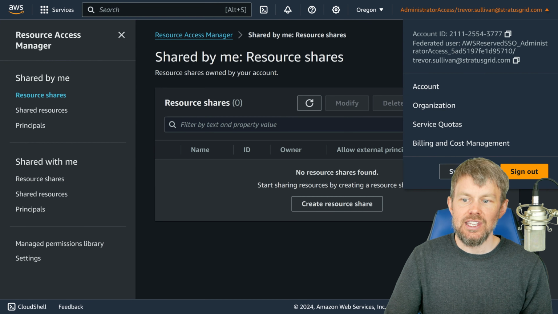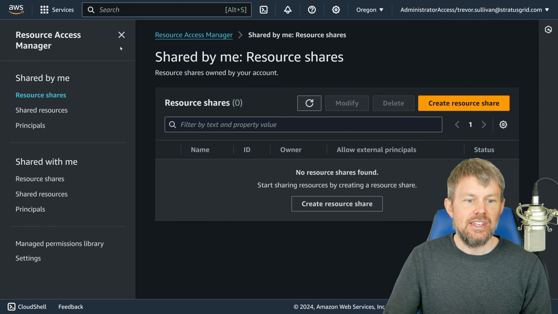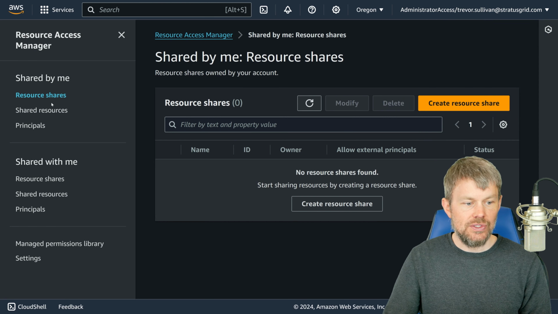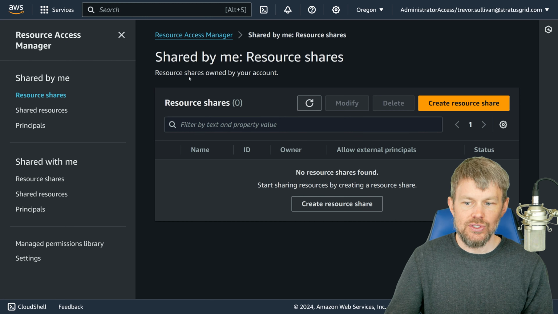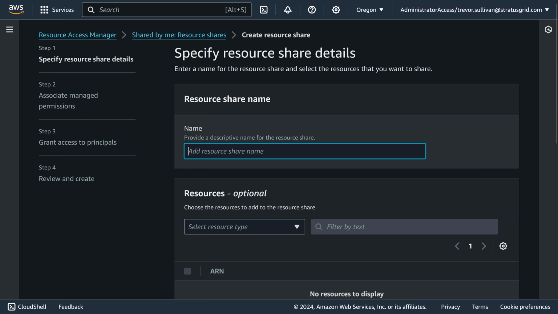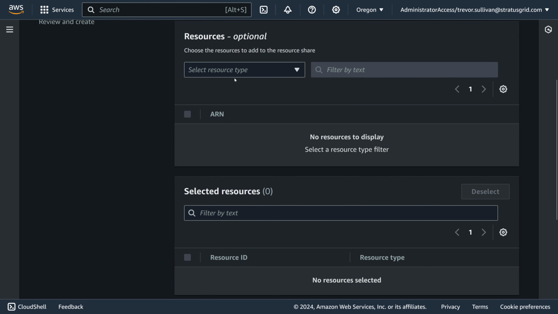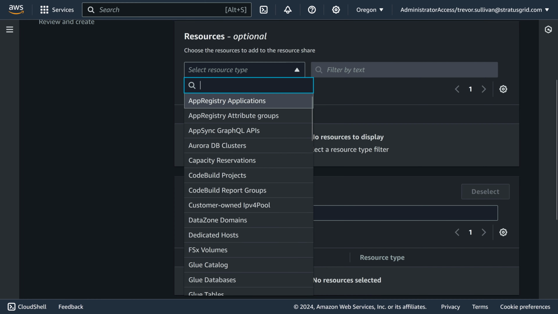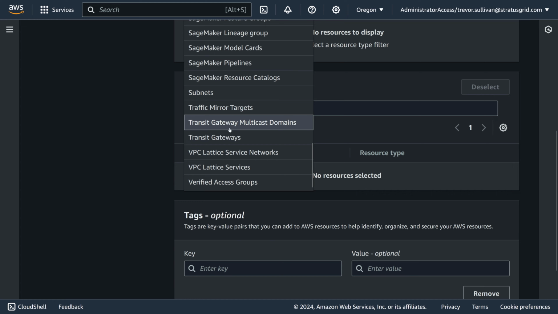Again, I'm in the parent account 2111. And now I want to create one of these resource shares in the AWS Resource Access Manager service. So I'll click on Create a Resource Share. And then for the resource share name, I'll just call this Stratosphere 01. I'm not going to put a resource type in the name because we can actually share multiple resource types in the same resource share. So under the resources that I want to share out, I'm going to choose the VPC